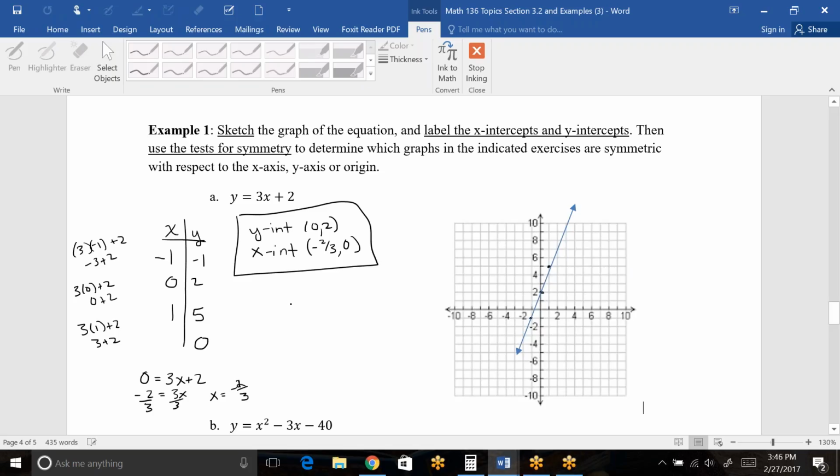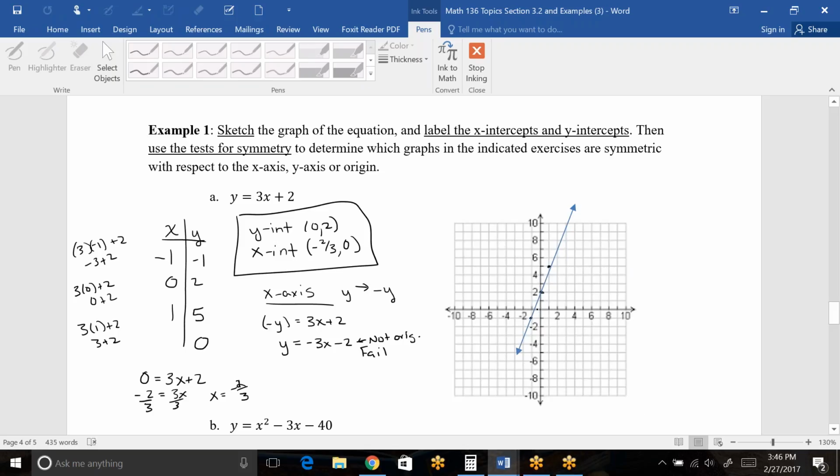So to test for the symmetries, here's how it works. You take this equation, and I always write which symmetry I'm testing for so I know what I'm doing. y changes to -y when you're doing x-axis symmetry. So we write -y equals 3x plus 2. Now, you have to resolve this for positive y. So if you divide everything by a negative, notice that this is not the original. So that means that this fails,